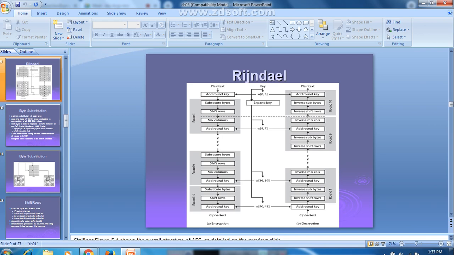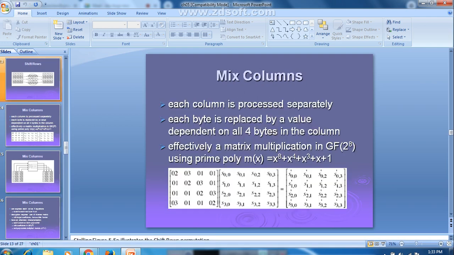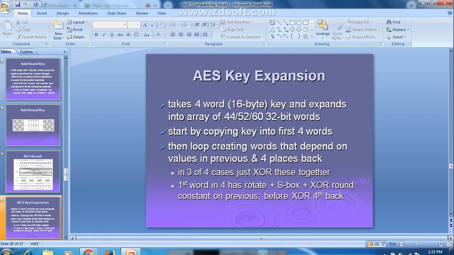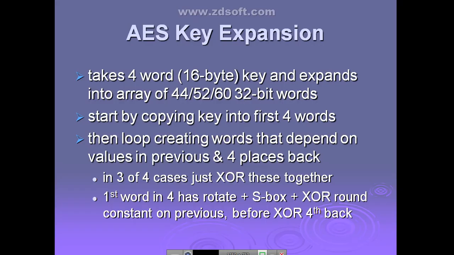Okay, see, here something is written, key expanded, right? I've told that the expanded key will be taken as an input for the add round key. How it is going to do this expansion of the key, that we are going to see now. Key expansion in AES. Getting the thing, guys? How AES is going to do the key expansion, that is what we are going to study now.